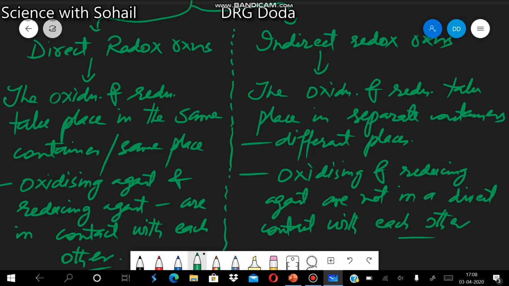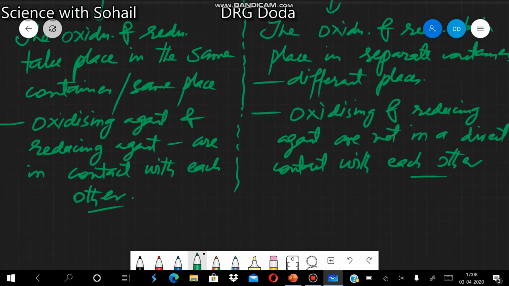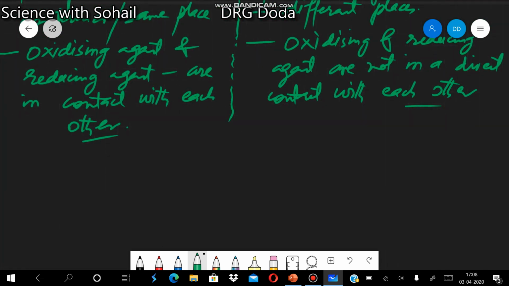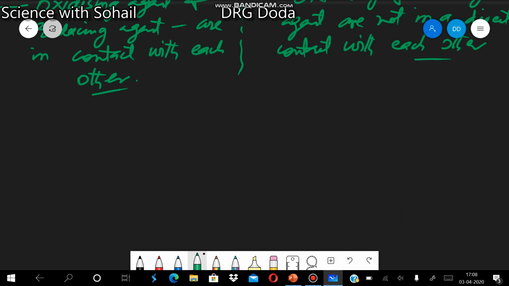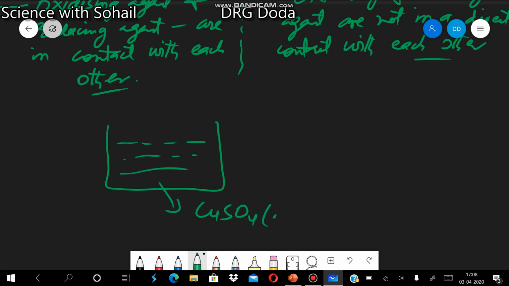Means they are connected to each other through some other medium like an electric wire. See, for example, if we take a solution of copper sulfate and dip a zinc rod